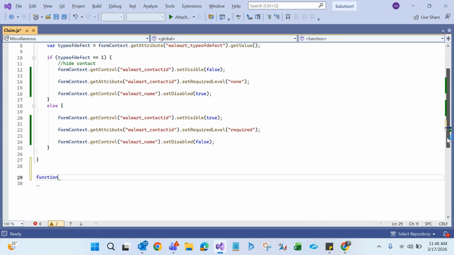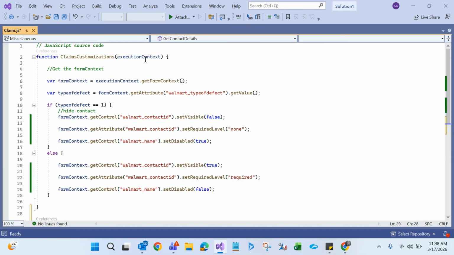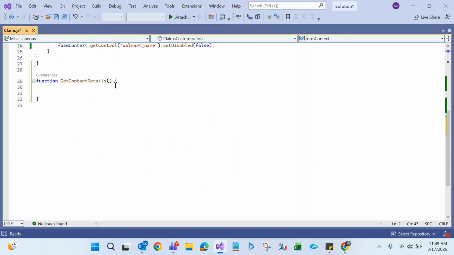Name of the function is getContactDetails. Open close, open close. Pass the execution context as parameter, same like above. Pass execution context as parameter, and also get the